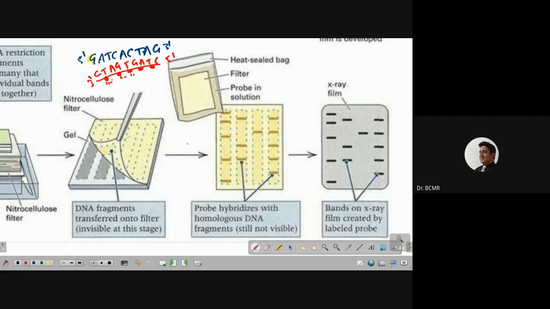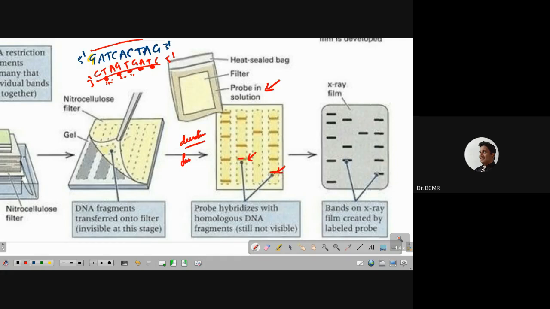I mean, before doing that, we have a denaturation step, we have a fixing step, so that the DNA gets attached to the filter, and then we are denaturing so that the double-stranded DNA will become single-stranded, and then we are adding the probe. You will add enough probe so that anywhere it finds a sequence like this, it will base pair with it. So if it base pairs like this, for example, then that means that the particular sequence I'm looking at is in this band,